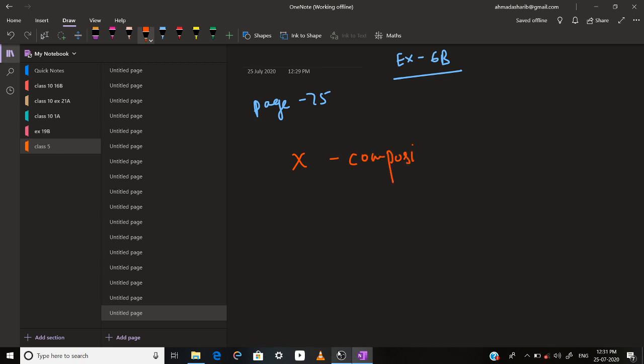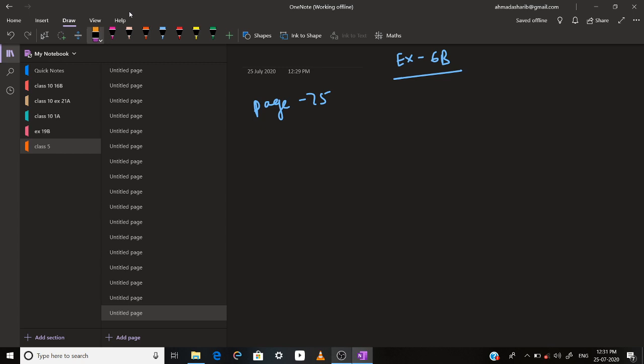Composite number. So what is a prime number and what is a composite number? The number which can be divided by 1 or the number itself is called a prime number. On the other hand, the number which is not a prime number is a composite number. So all the numbers which have been circled in that table are prime numbers, and the numbers which have been crossed are composite numbers.